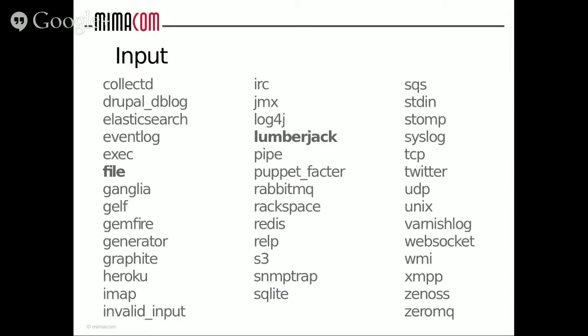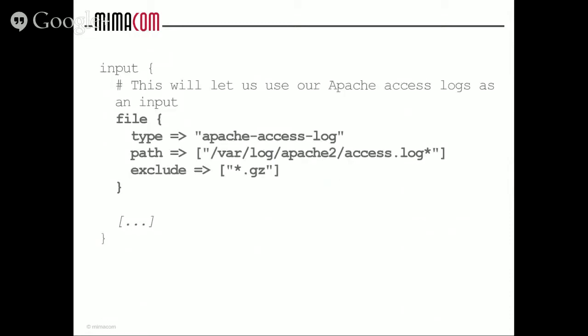If we are using the file plugin, we will set a type for our log. We will come back to this type in order to know what it means. And for the file plugin, we will need to set the path of the log. Here is an example for an access log in Apache, which is in /var/log/apache2/access.log, and then wherever,